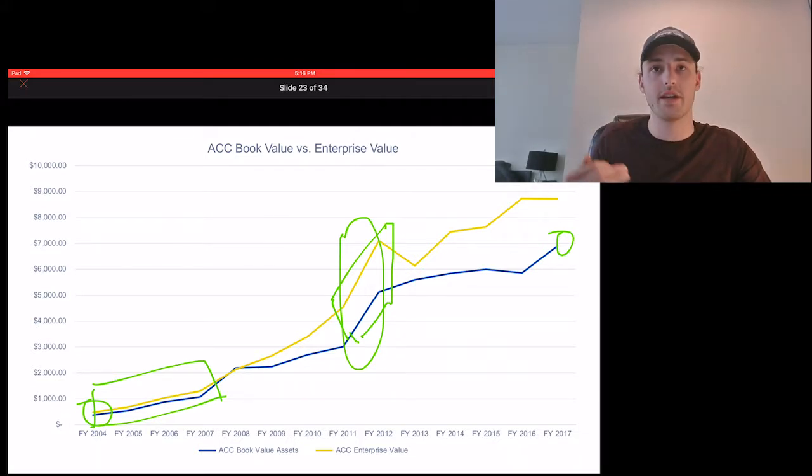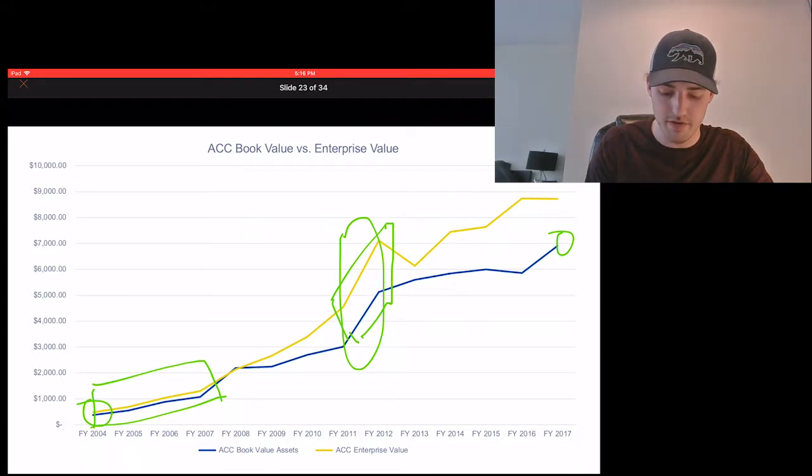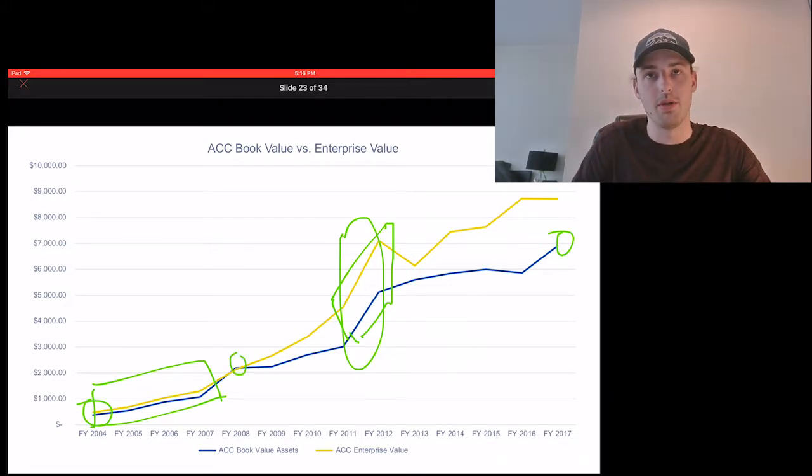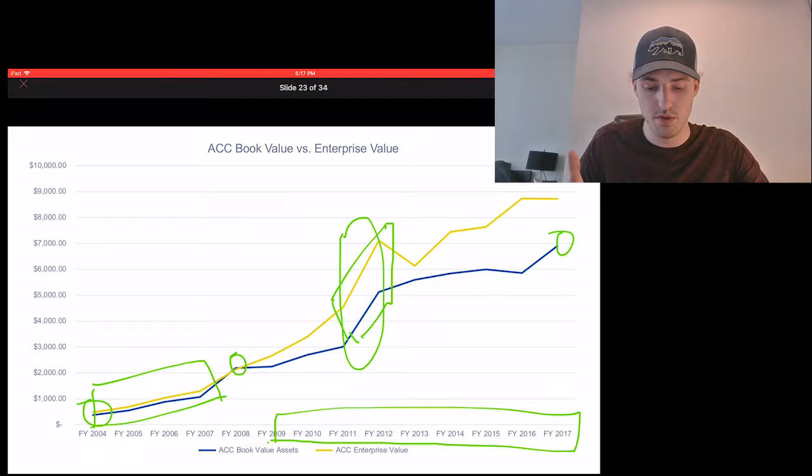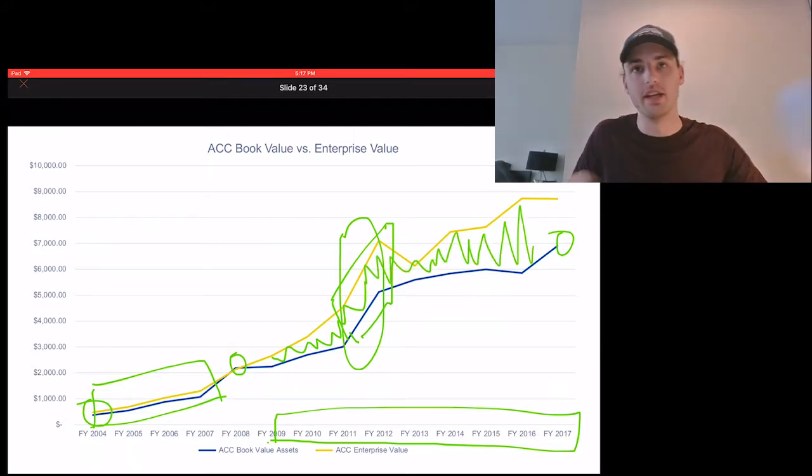when the share prices tanked during 2008, all of a sudden for the first time we actually have the book value of assets slightly exceeding the publicly traded value of the enterprise, I guess as people start to worry about insolvency risk, etc. But then, moving from 2009 all the way through 2017, I find it really telling that this book to enterprise value ratio or spread just fully comes back and is even trending to be wider lately, saying that